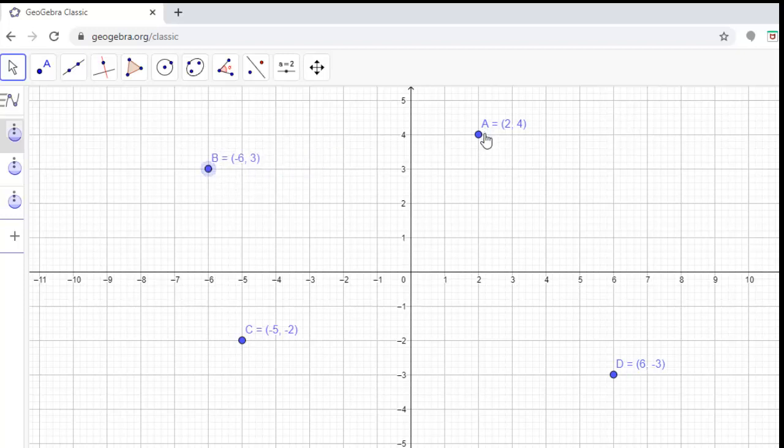Suppose I move this point to the y-axis, let us see what happens. Its x coordinate becomes 0. If I consider a point on the x-axis, its y coordinate becomes 0. So on the x-axis, the y coordinate becomes 0.